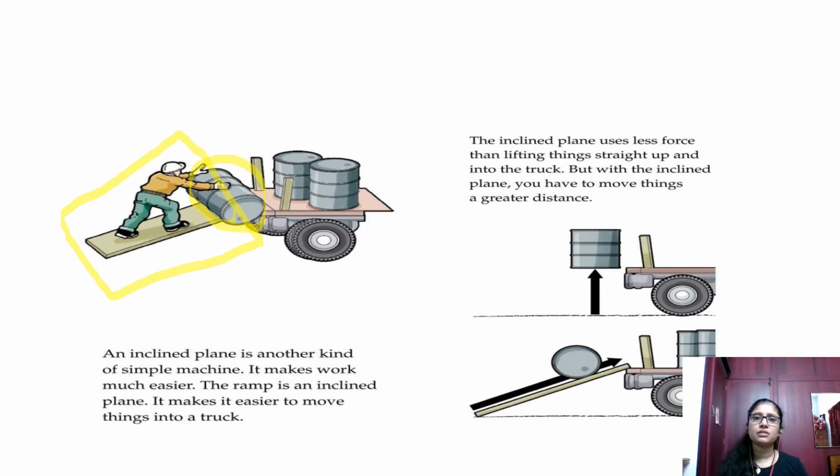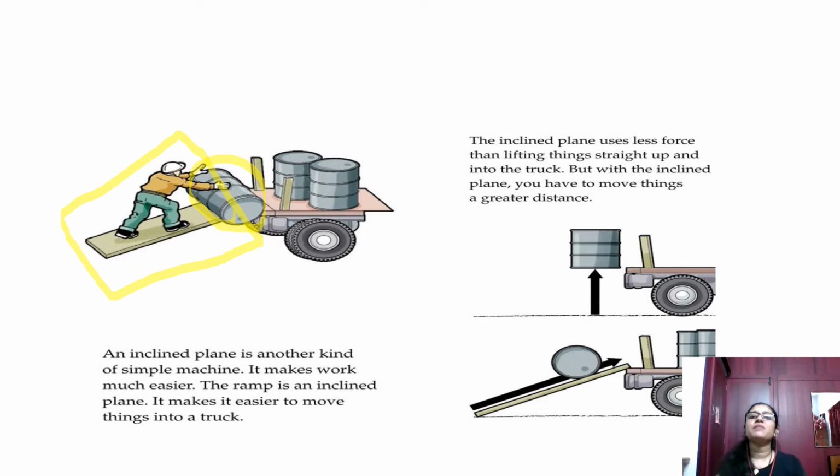It is impossible. However healthy the person is, lifting a heavy object is very bad, in the sense that you cannot withstand that heaviness. So what do they do to make their work easier? From the truck they will put a ramp, a thing like this one, an inclined plane. This is called a plane because it is slanting, so that is called an inclined plane. So what happens, they just roll that barrel through that. So you can see this man is moving upwards to the truck using the ramp.